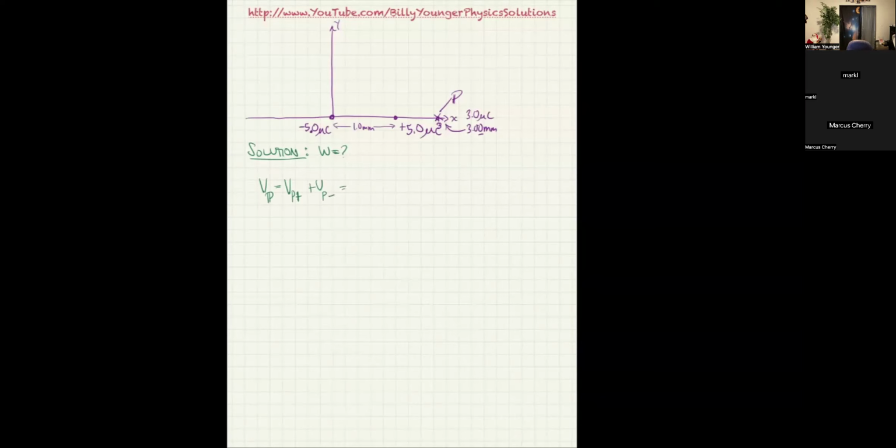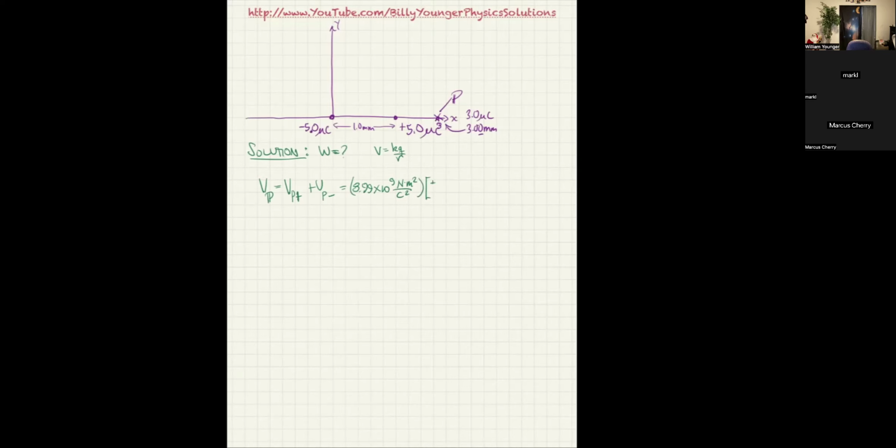So this is going to be equal to, since we use V equals KQ over R, there's going to be a common factor of K in it. So I'm going to say 8.99 times 10 to the 9th newtons meter squared per coulomb squared. And then that's going to be times